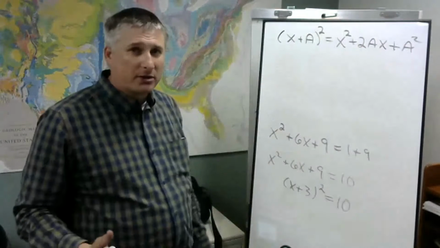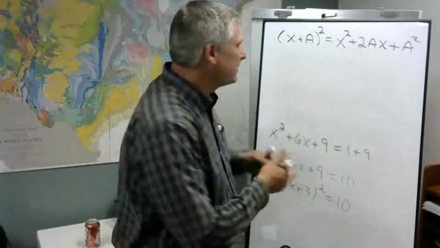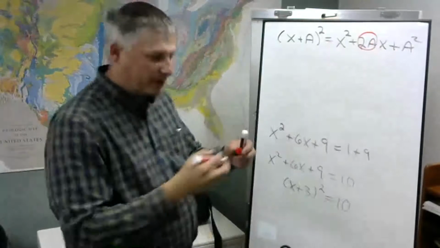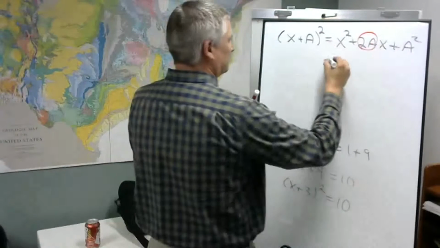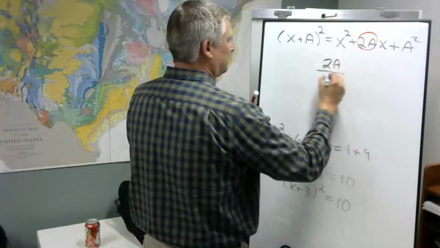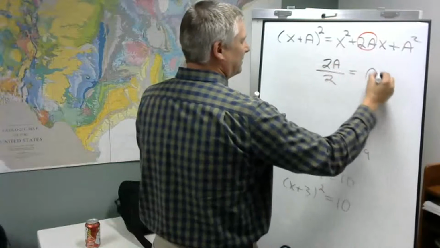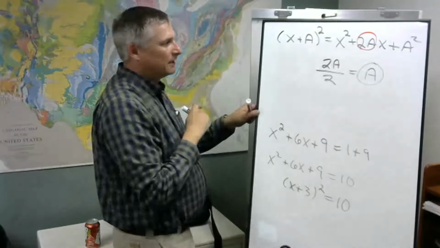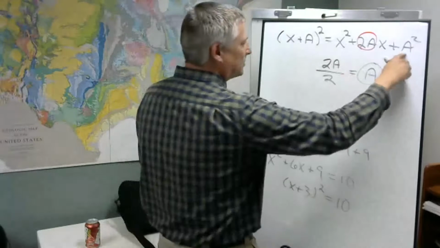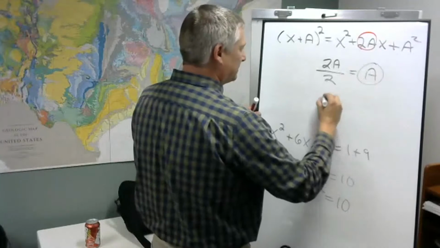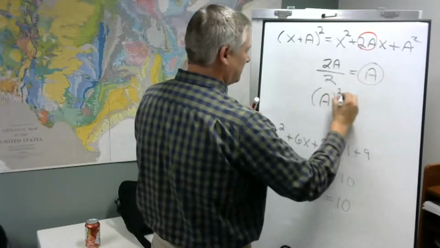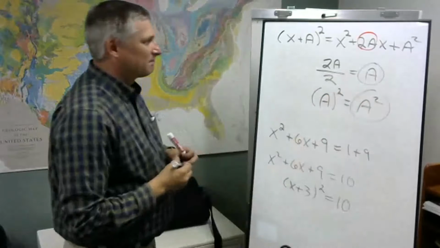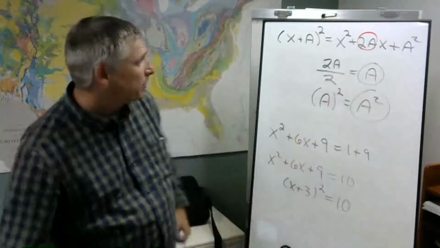And so the way we create it artificially is we take whatever number is attached to the plain variable, divide that number by 2 to get that first critical number. Then we need to make sure we get the second critical number by squaring. And so usually the situation that we run into,